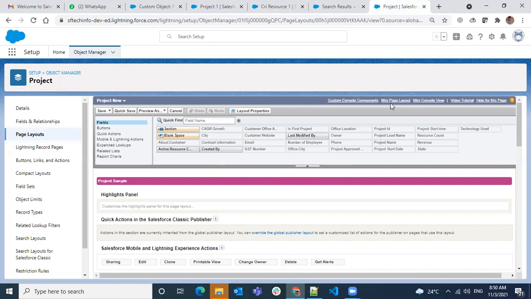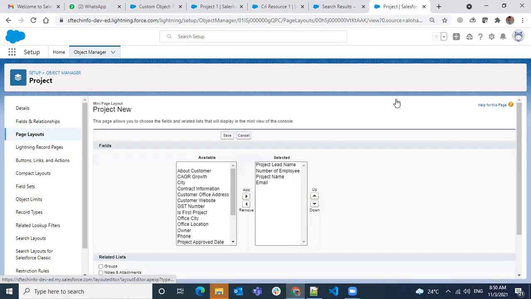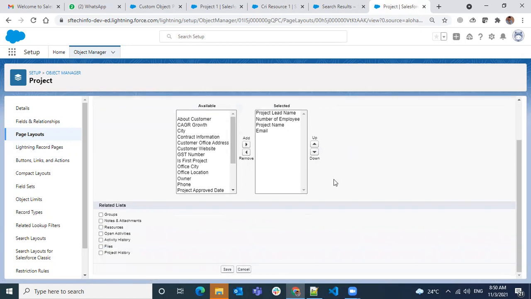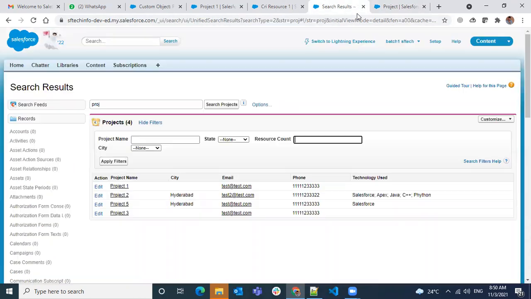It's called the mini page layout. Have you seen the mini page layout over here? This mini page layout is used in Classic only. I will show you where it is used. This is Classic only, right?